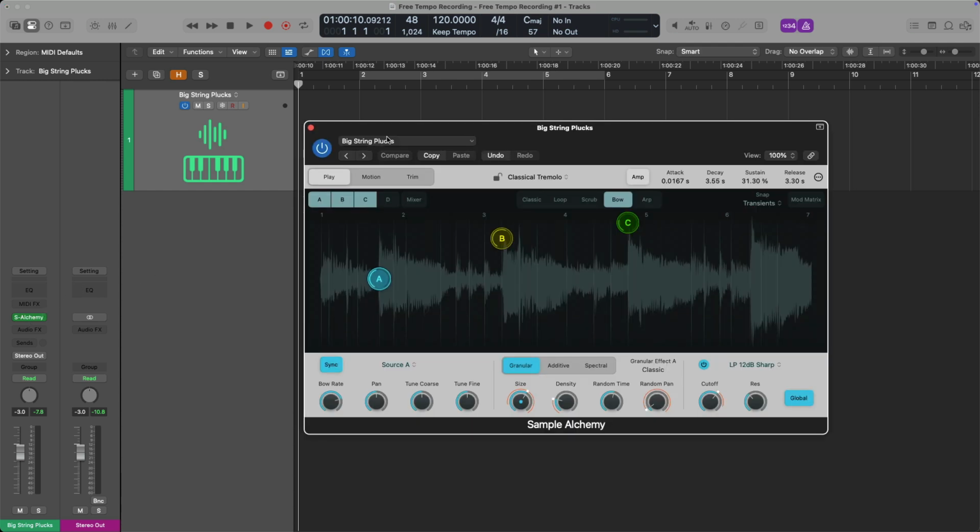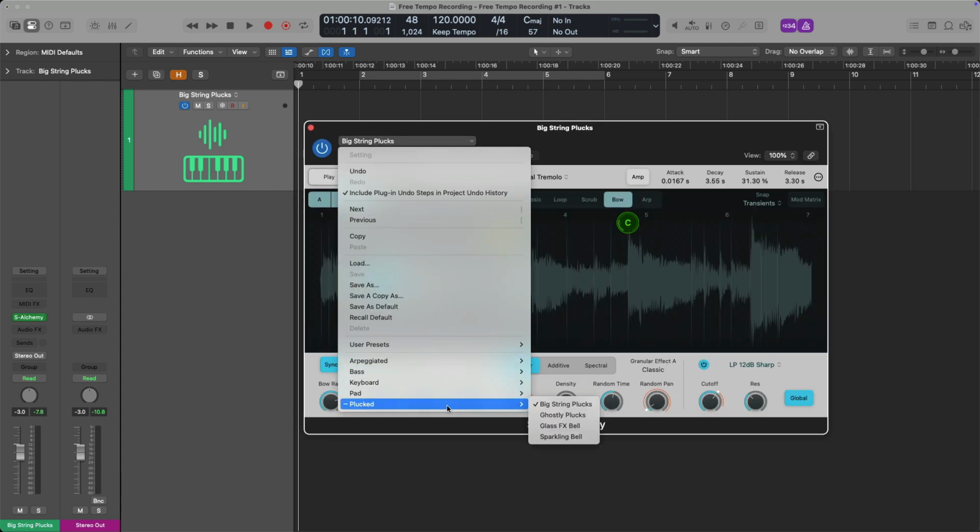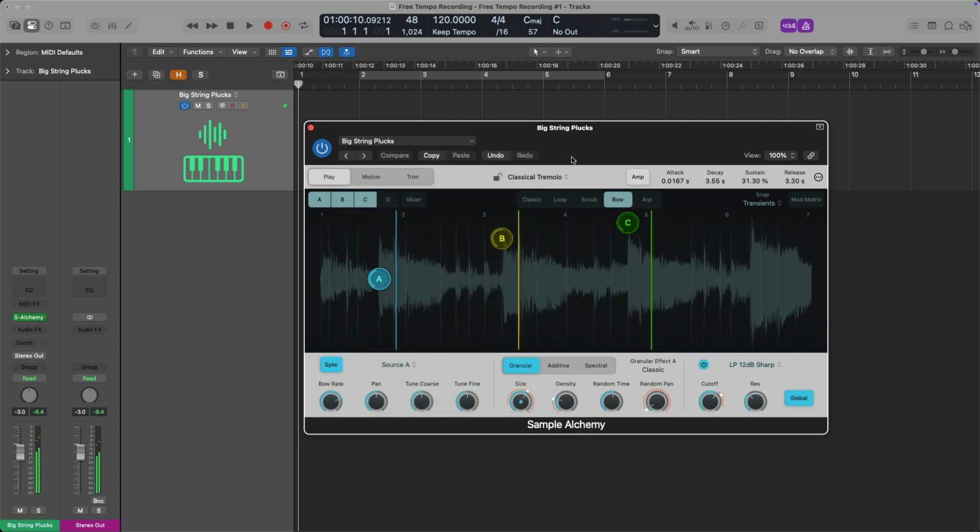All right, on screen, I've already loaded a track with Sample Alchemy, and I've loaded the Big String Plucks preset, which can be found under the Plucked presets. And this is what it sounds like. What I plan to do is record an idea without any sort of timing reference, and I'm going to play